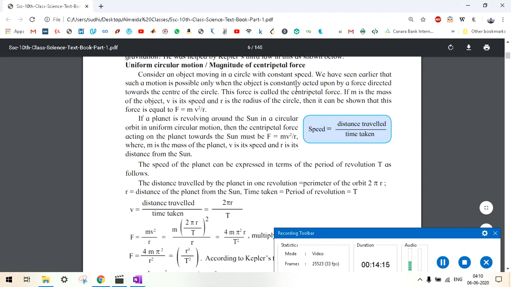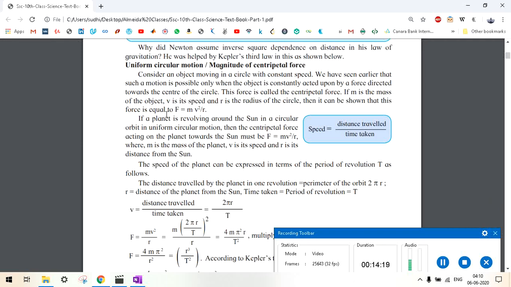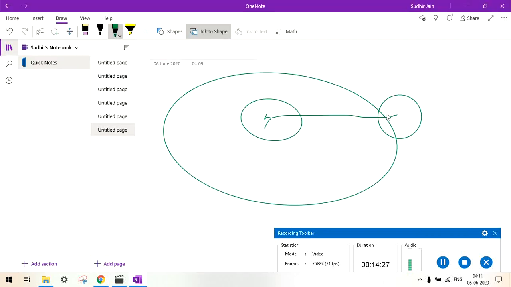I have explained this in lecture 2. So if m is the mass of the object, v is its speed, and r is the radius of the circle. So m is the mass of this object, the speed with which it is rotating is v, and this distance is r. It says that the force that is attracting towards the center of the object,